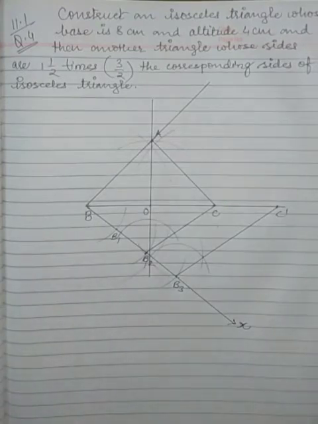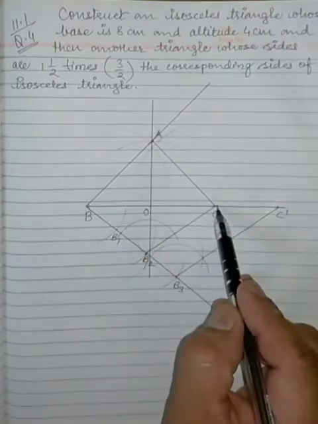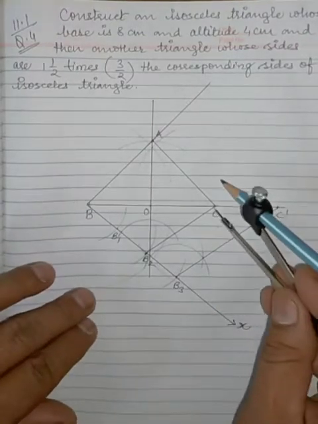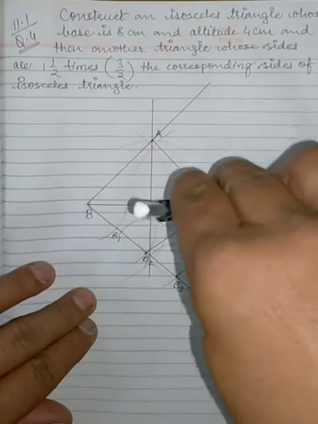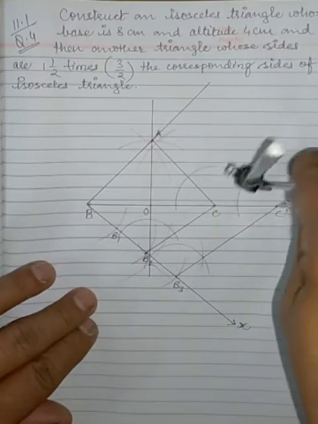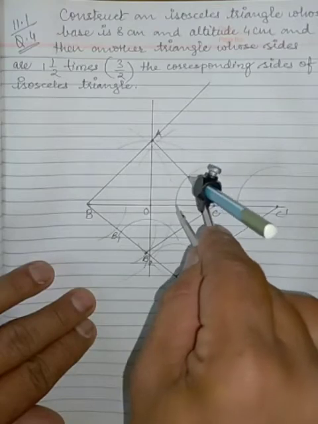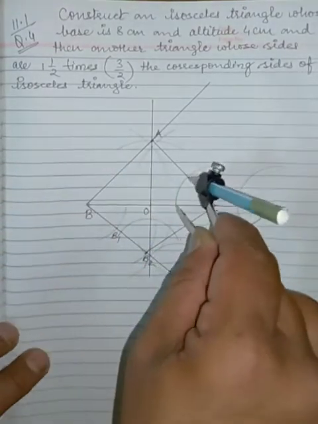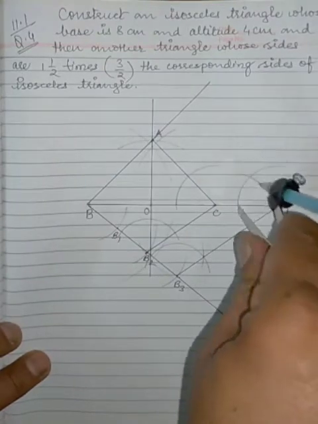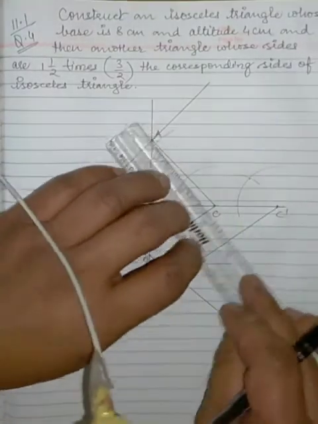Now we have to repeat the same step as we have done from B2 and B3. The same we will do to draw a line parallel to AC from C dash. So once again, use the compass. From C, draw an arc. From C dash, another arc, measuring the width of the angle. Okay, and from this point we will intersect the previous arc. So here we get a point and we will join it.